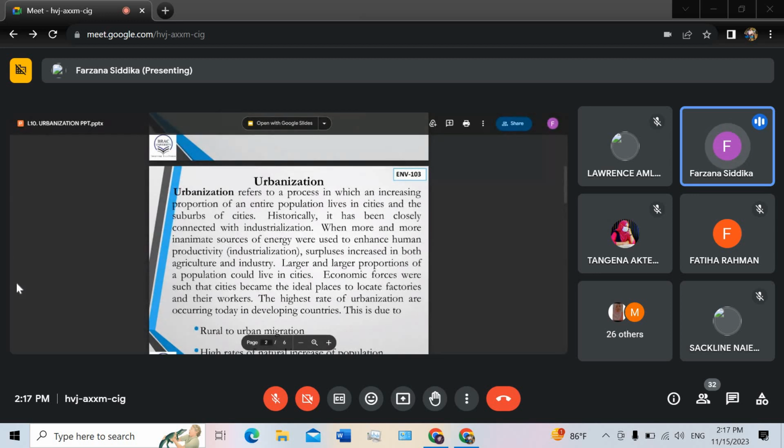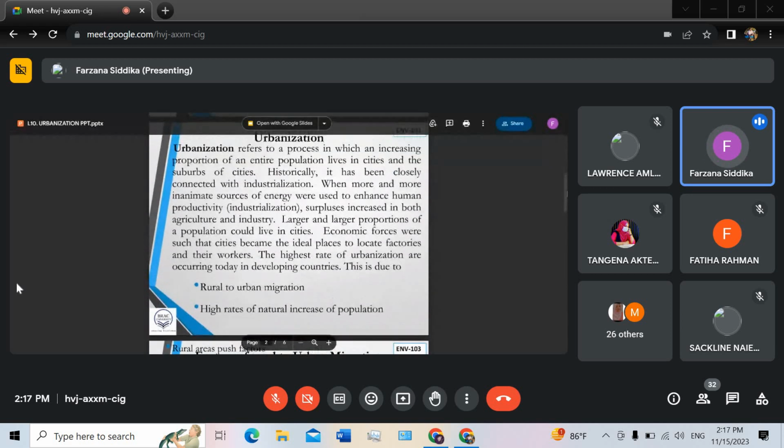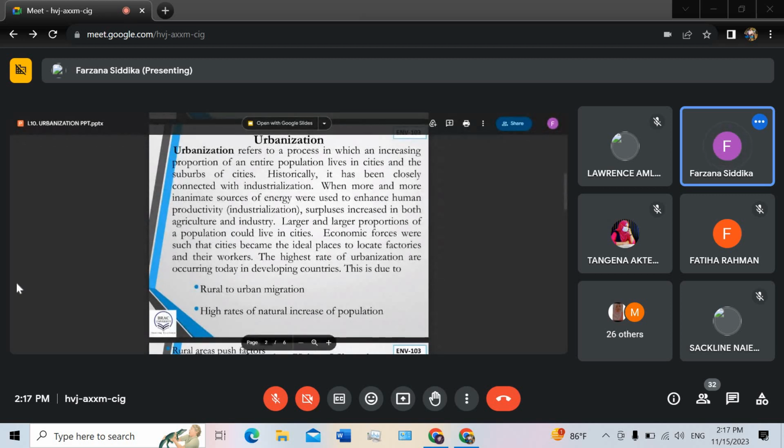Okay, so behind the urbanization, I already mentioned one thing, that is migration of people. So when there is industrialization, or in an urban area, people tend to migrate from rural area to the urban area to find a better job, to find a better working facility. Okay, so there are different types of migration, that is rural to urban migration, urban to rural migration, rural to rural, urban to urban. Okay, so here we will be concerned about the rural to urban migration and urban to rural migration.